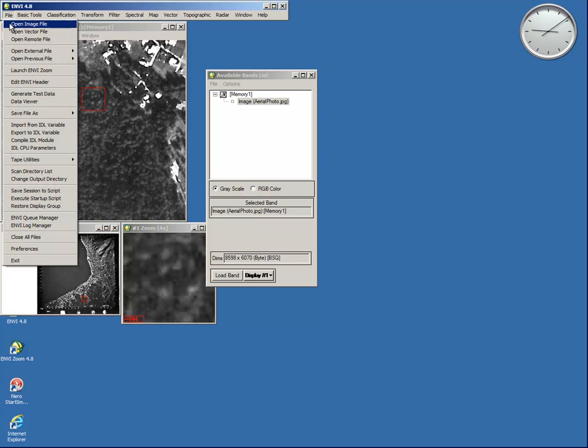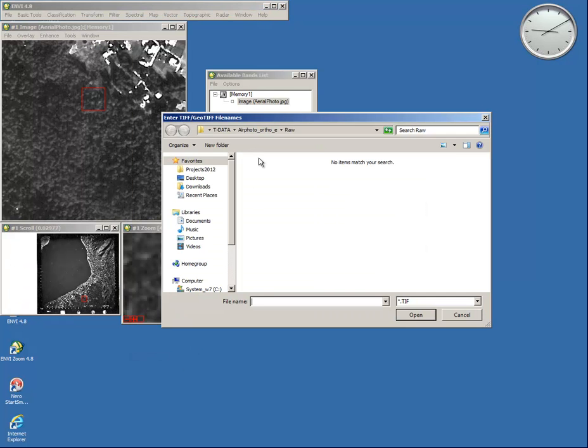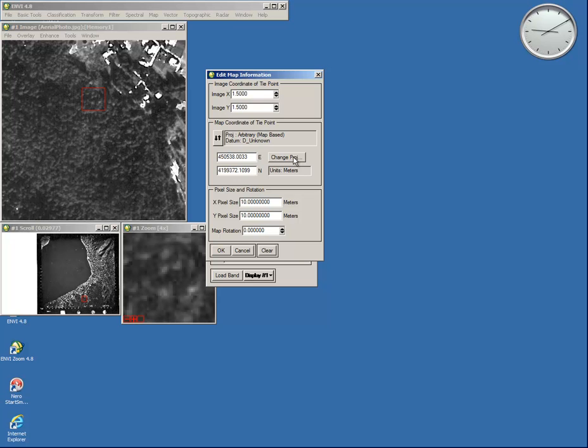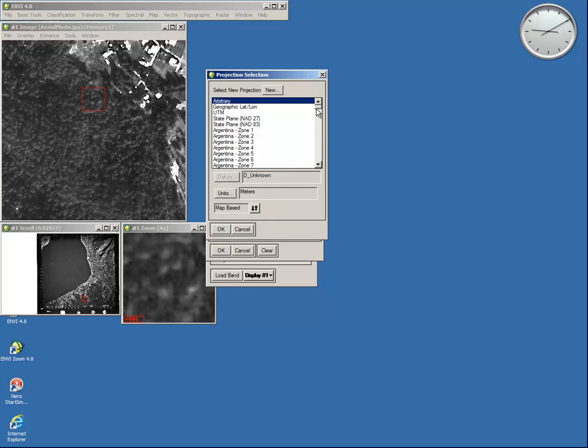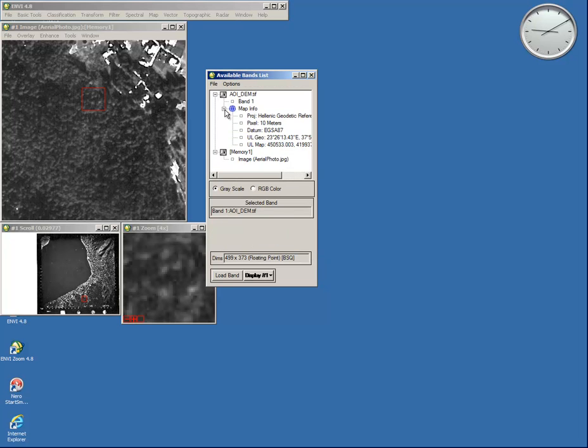Then we'll import the digital elevation model that is needed for the orthorectification, which is in a GeoTIFF format. In our case here, we'll have to assign the proper projection, which is in fact the Greek grid. It's okay now. And I will continue with orthorectification